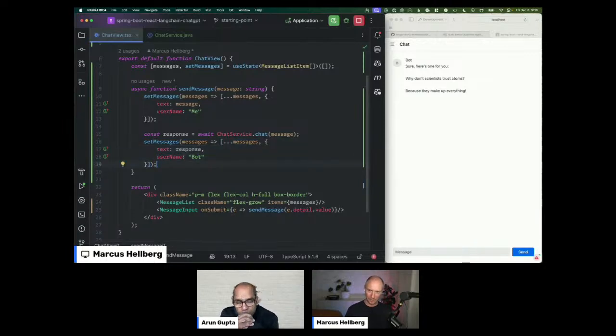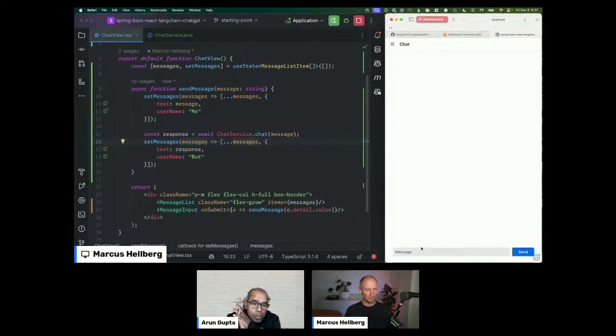The reason we're doing this is that once we go into this function here, the messages array has a value in that closure, and when we update it here with the set messages, when we get back here, it's still the same value. So we essentially need to do this correctly and always make sure that we're updating the latest version of that state. We want to pass in the function where it gets the latest version always, and then we can mutate the latest version of that. So we'll verify that that works.